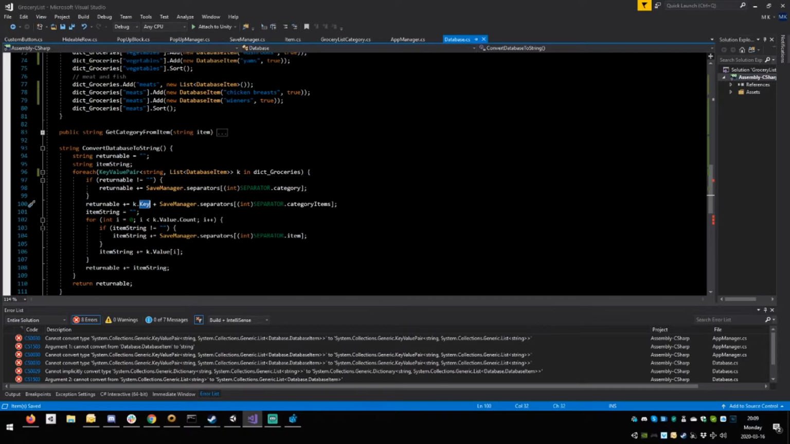Okay, key is fine. It's key value that matters to us. So key value dot count, key value I. That's not good enough. We need key value I dot item. Save. And then we're going to add